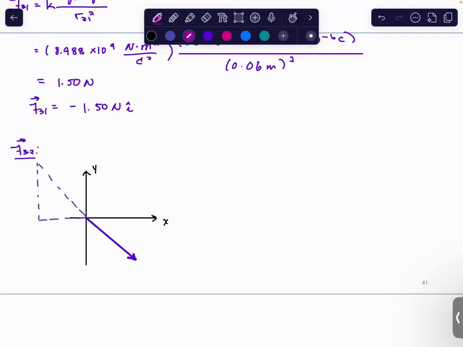The angle. So this is F32. And we have our X and Y components. What we do not know